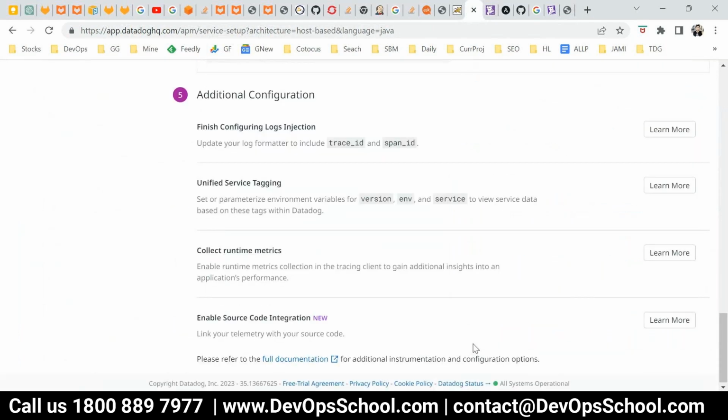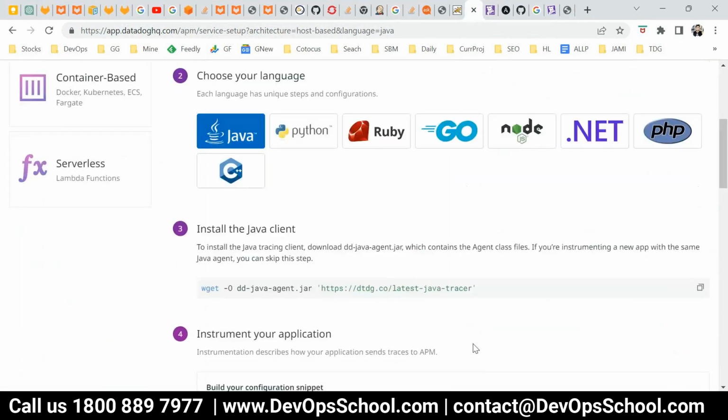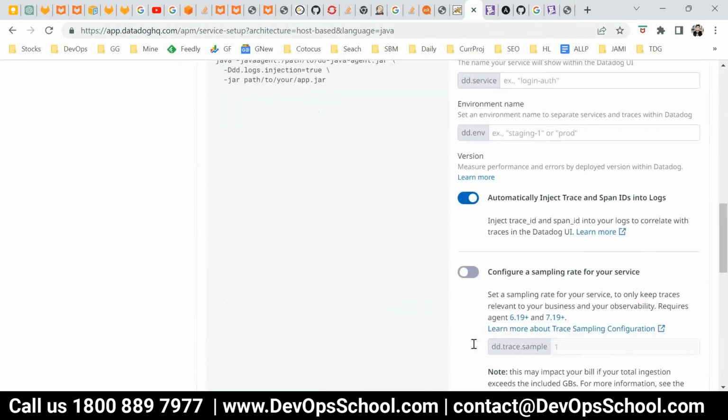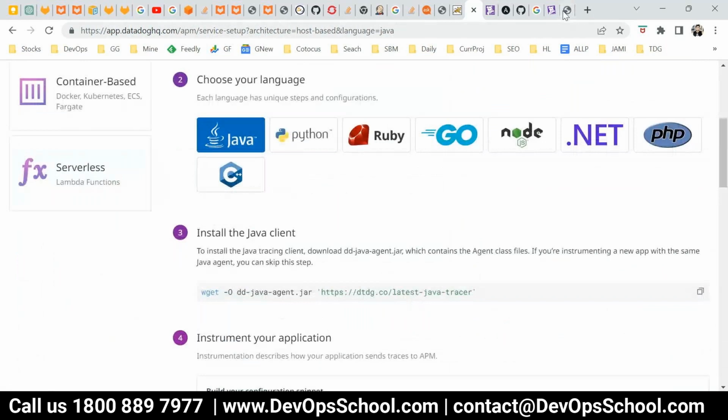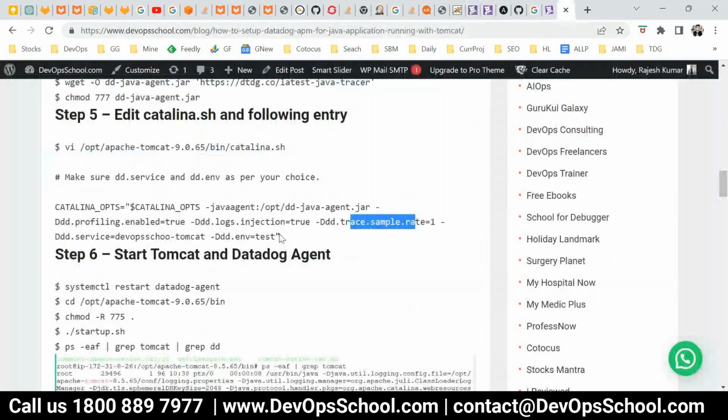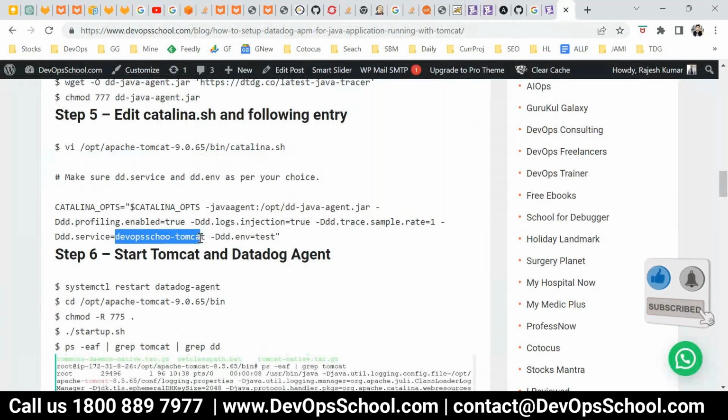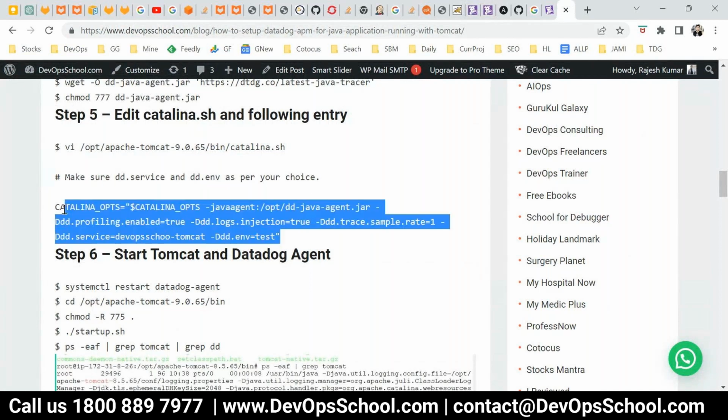Okay, so right now this is just for learning purpose. You can't follow this widget. Okay, there's no submit button, just a learning purpose. Okay, so you have to do this. Now what is your microservice name? So your microservice name, here I put service name DevOps schools Tomcat, and which environment? Test environment. So what I'll do, I'll copy this whole thing, and